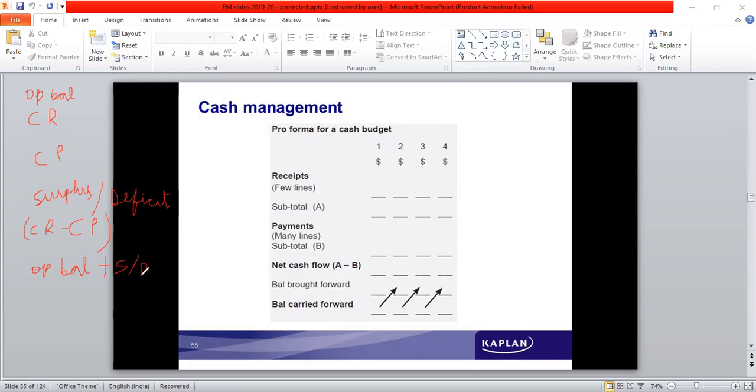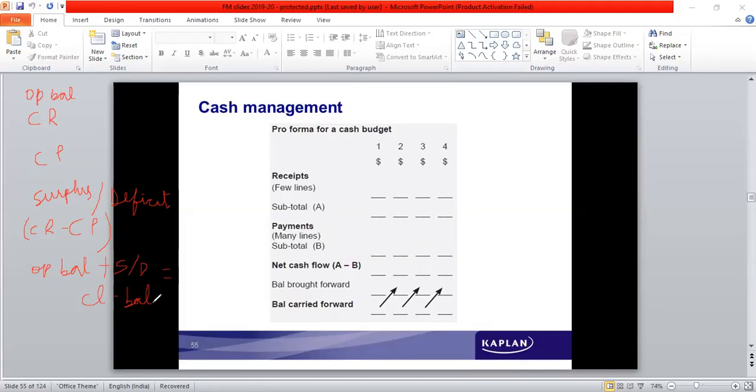So this is equal to closing balance. What will happen to the closing balance? It will go to the next period as opening balance. This is the procedure. Fine. But let's say that there is a deficit, and they just carry this deficit to the next period. Then the next period also there will be an impact, because they start with a deficit and it will continue. And it should not be a deficit, as we have discussed, because if they have less cash available with them, they will not be able to make the payments promptly. So that is a risky situation.